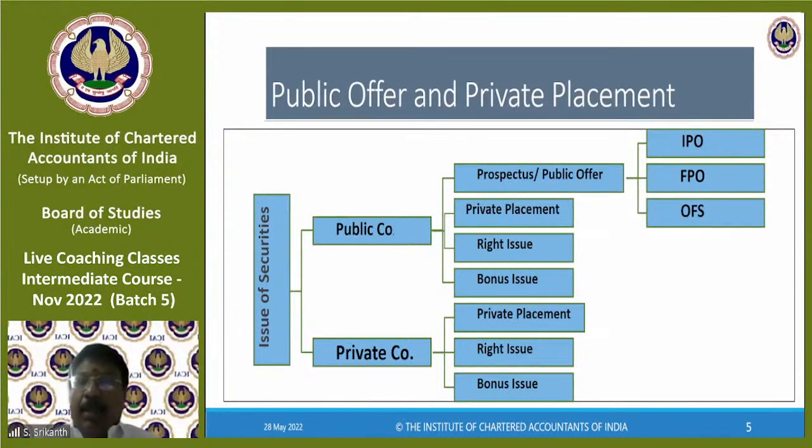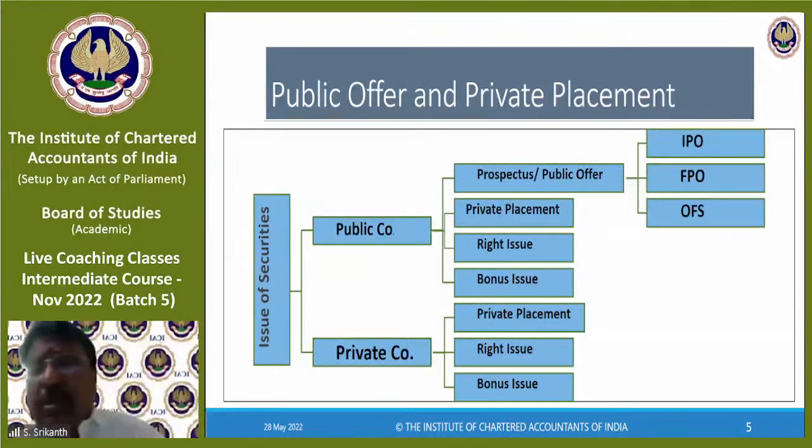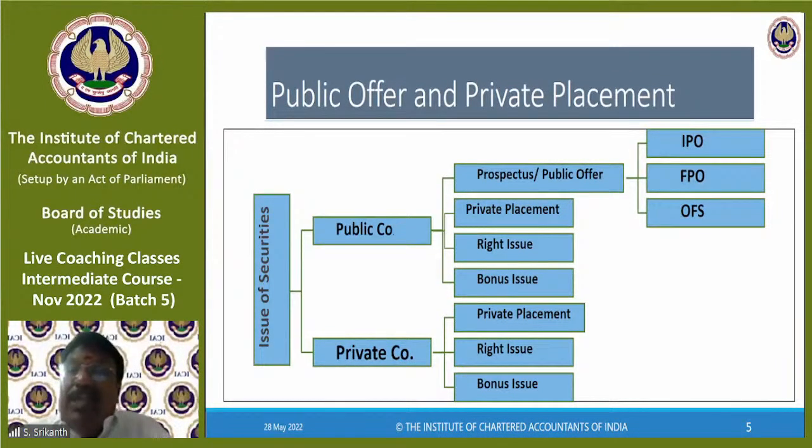What happens? Let us say that the company has been functioning for 10 years, or 20 years. Now, the promoter also has shares. Maybe he has a 50%, 60% stake in the company, and the public has only 40%. Now, the promoter wants an exit, after 20 years. Maybe the owner is also becoming older. The family wants to take some money out. How will they do that? Along with the IPO or FPO, whatever, even an unlisted company could get listed, and along with that, the promoters can come out with an